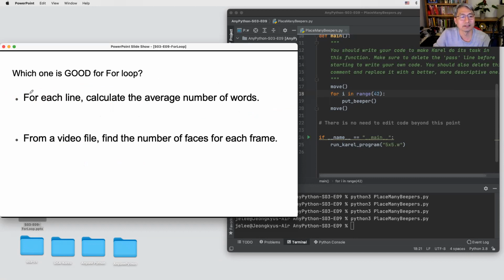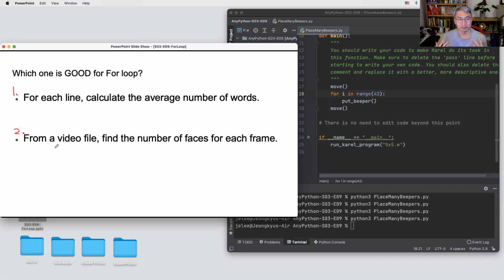What about this? Number 1, number 2. So which one is good for the for loop at this time? Number 1 or number 2? Same idea. If you know how many times? Jonathan, say number 1. Anyone else? And Daniel, number 1. And Maria, Brandon, Daniel, Samuel, and anyone else? Please think about your idea and why also.